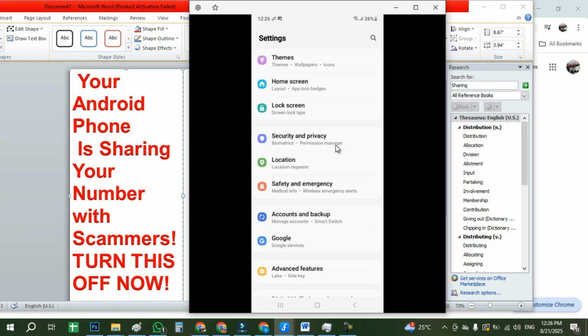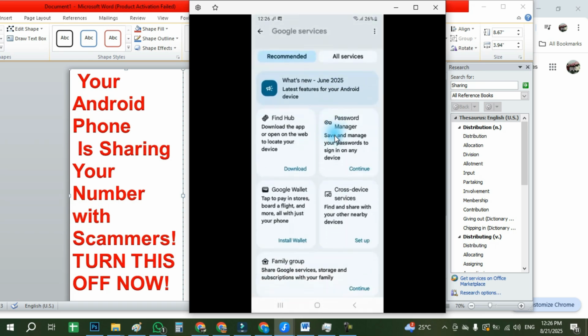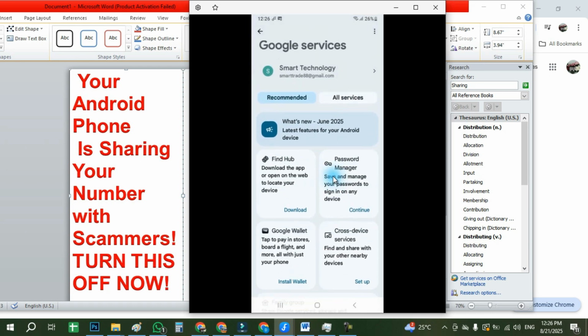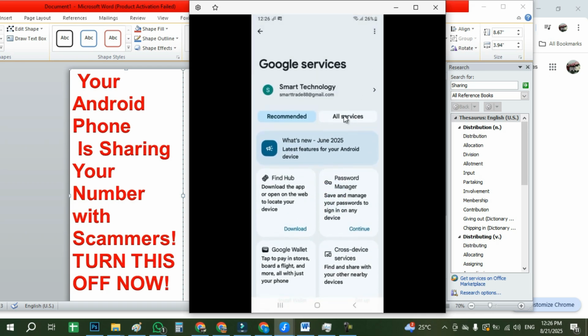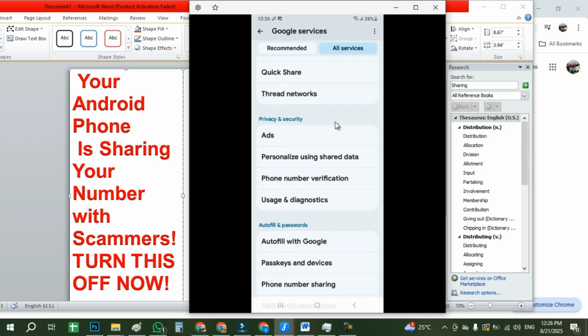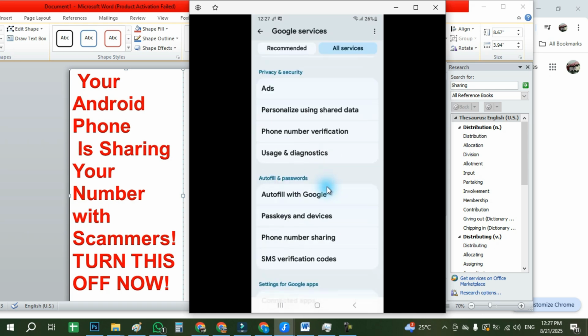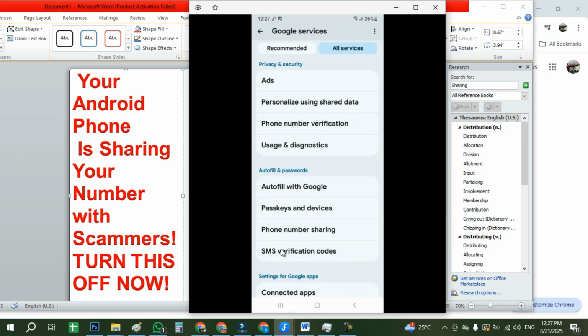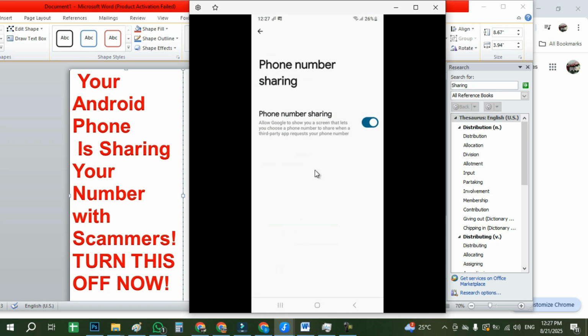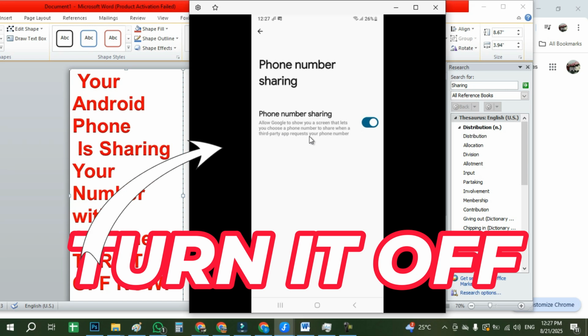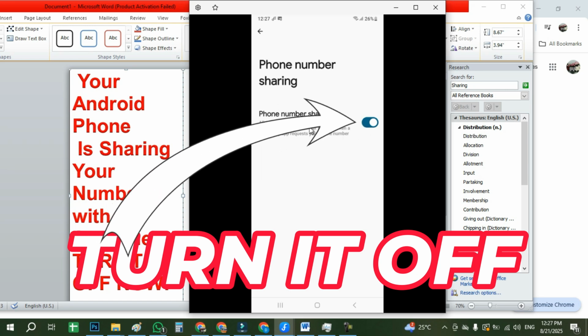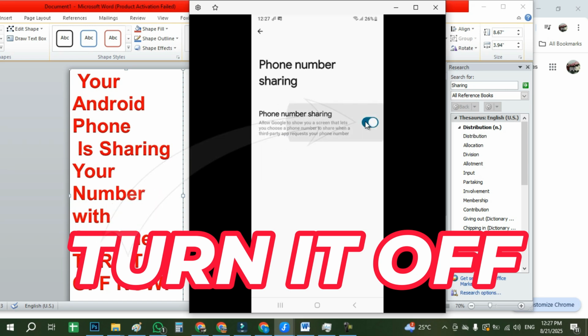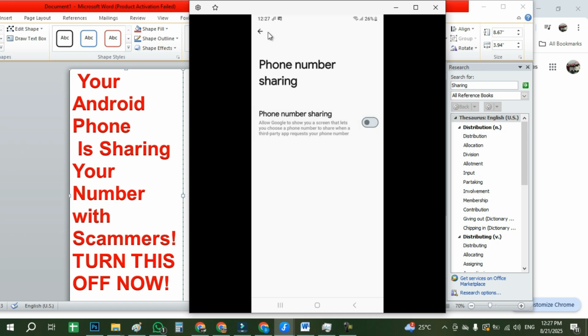So after scrolling down in the settings, you have to go to the Google, and in the Google you have to go for the all services. In the all services, you have to scroll and you will see under the autofill and passwords, you will see mobile phone sharing. If you click on that, you will see that this will allow it with the apps and all third-party apps. So just simply click on that, turn it off, go back,